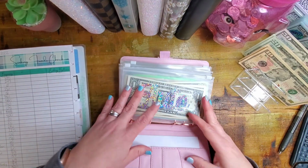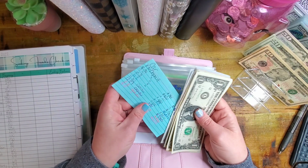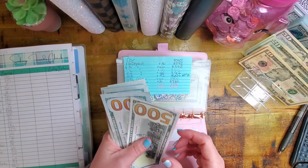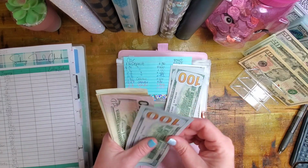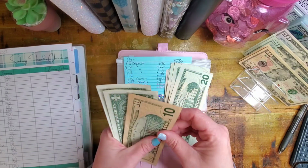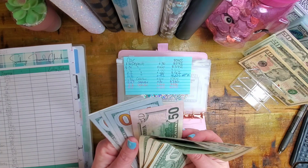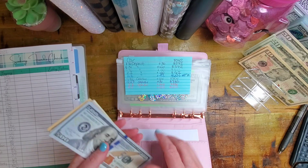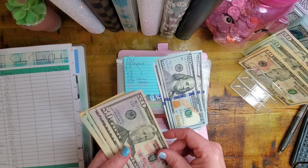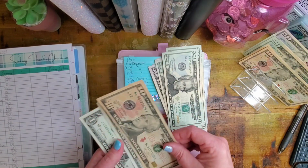We're going to start with the adulting binder, and we're going to see what we've got in here. Our adulting binder says that we should have $1,012 in our car, so let's make sure. So we've got 500, 600, 700, 800, 850, 900, 20, 40, 60, 80, 90, 1,000, and 2. I did that wrong. Let's try it again. So car should have 1,012: 500, 600, 700, 800, 850, 900, 20, 40, 60, 80, 1,000,